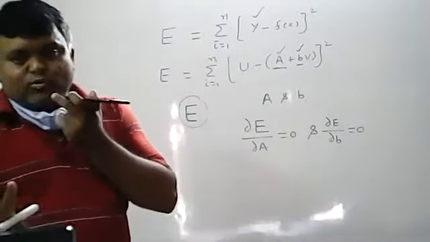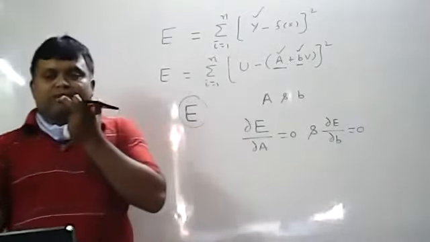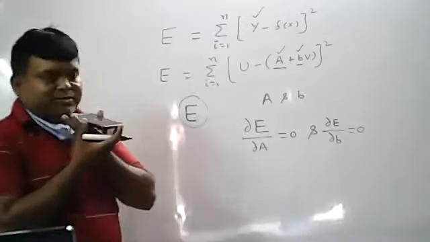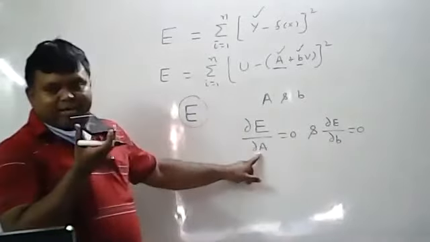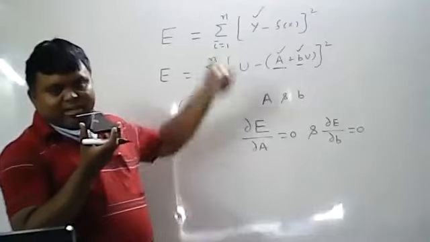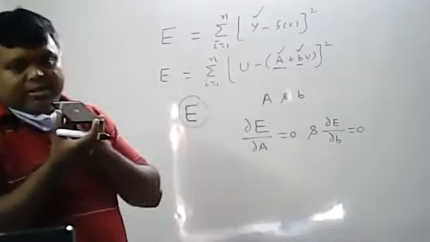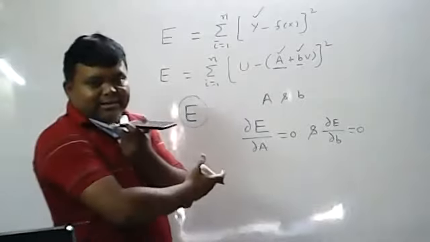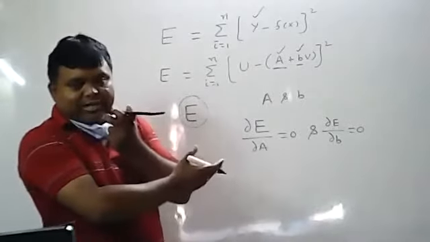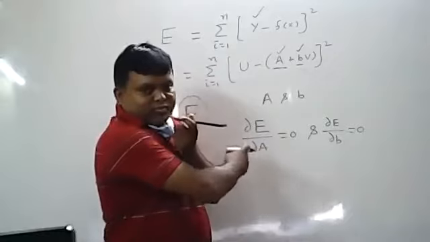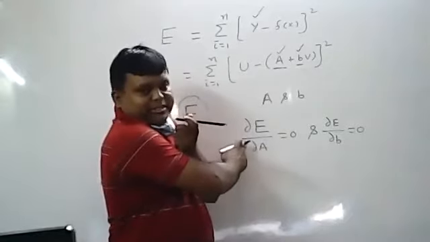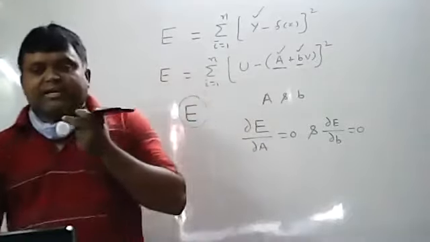How many constants are there? Two constants are there. That means you will get two normal equations. The only difference is that first you partially differentiate with respect to capital A, and then automatically that capital A will be converted into small a. At a time I cannot consider both, as in the previous derivations you have done. So first I will calculate dou E by dou A equal to 0. Right, next line. Consider